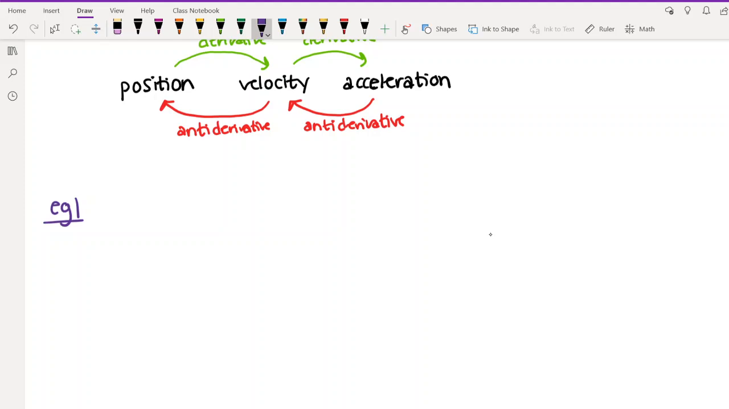One piece of information that you may be aware of if you've taken any kind of physics class is that on planet Earth, the acceleration due to gravity is negative 9.8 meters per second squared. So let me just write that down. So on Earth,